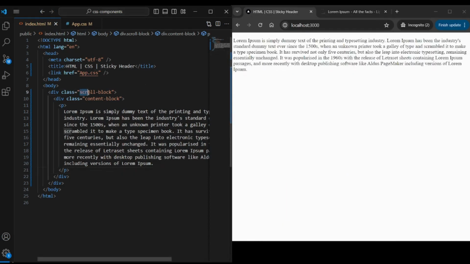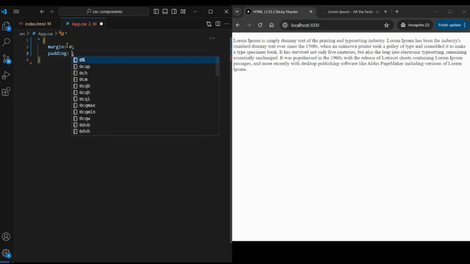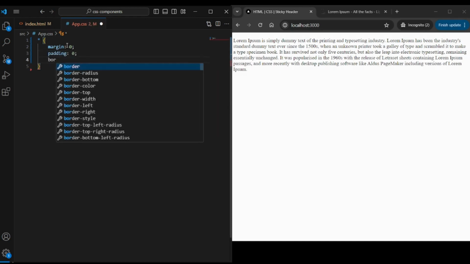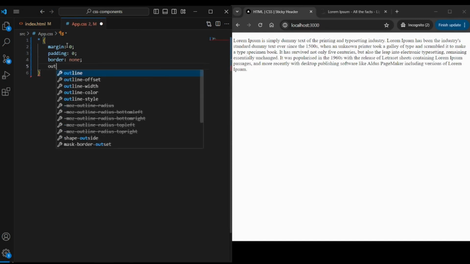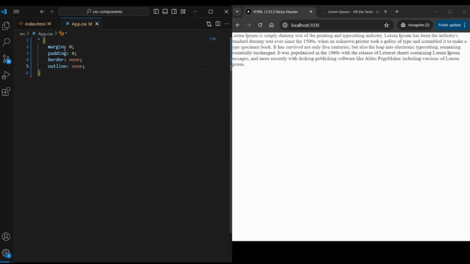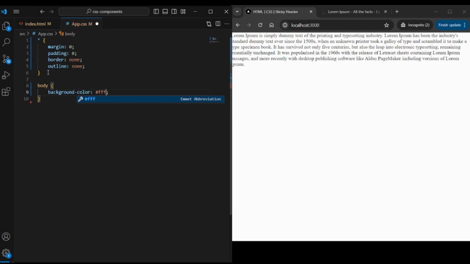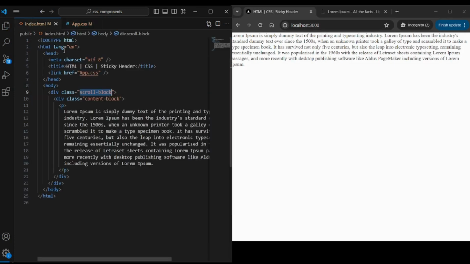Let's design the scroll bar first. Let's reset the browser default values using the star global selector, star margin 0, padding 0, border none, outline none. Let's add the background color to the body tag. Add the body tag, background color as white. Save it. Let's copy this class name, scroll block,